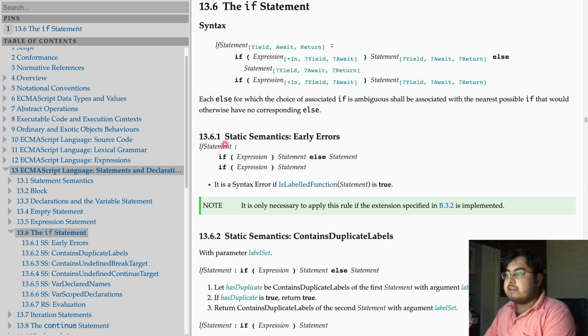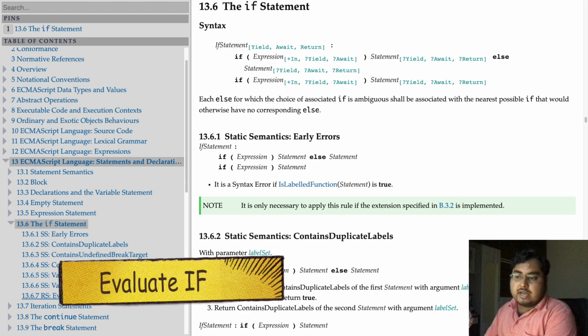Also notice that there are these sections called static semantics, or SS on the left. These are things that the browser can figure out just by looking at the if statement, and this will contain things like syntax errors or some common property of the statements. But for our understanding right now, this is not very important. What we are really interested in, in most cases, is these RS sections, or the runtime semantics. So what happens when this statement is